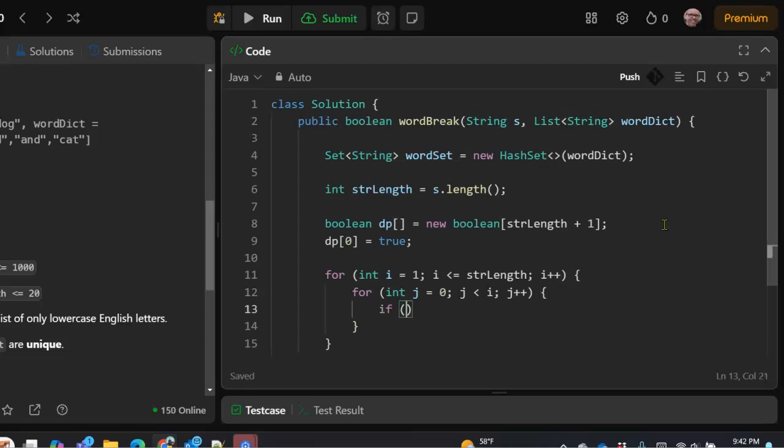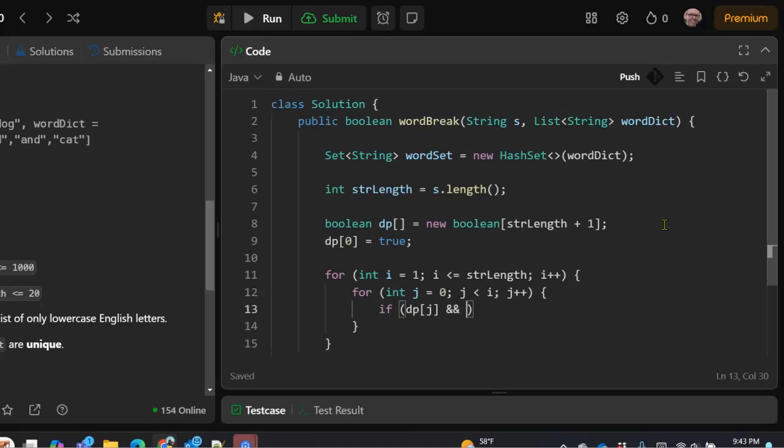So let's do this. If dp at j equals true, that means that the string up until index j can be broken into valid words.